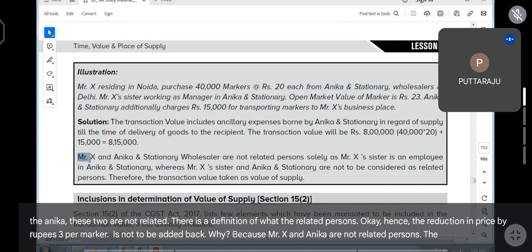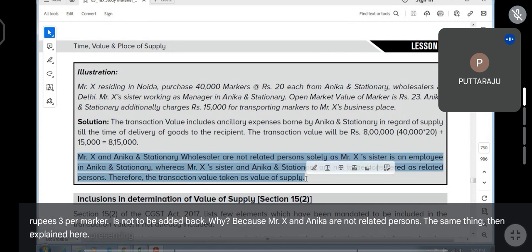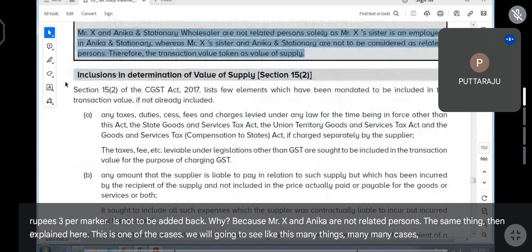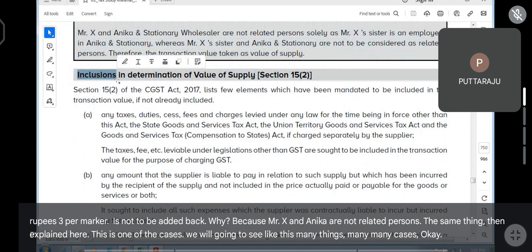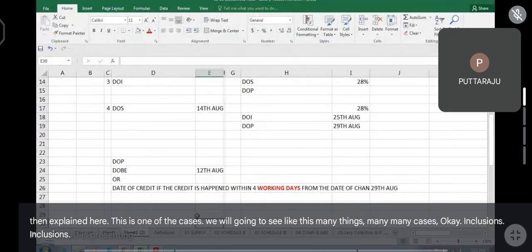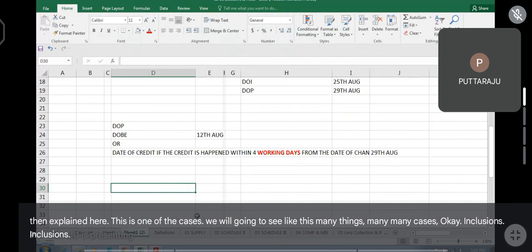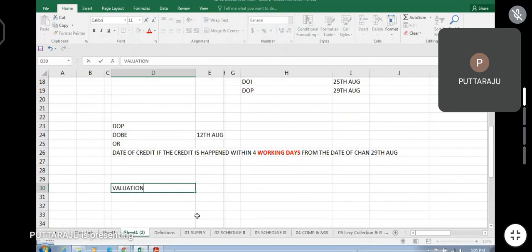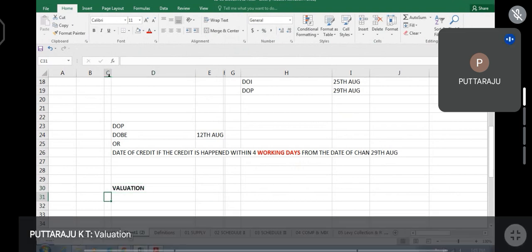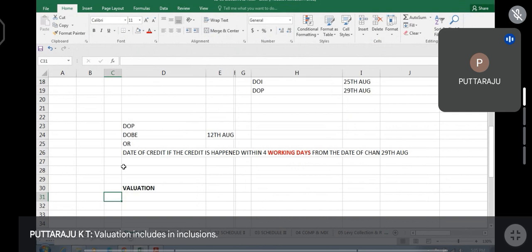The same thing they have explained here. This is one of the cases. We are going to see many things, many cases like this. Okay. Inclusions. Valuation inclusions. In inclusions, we need to